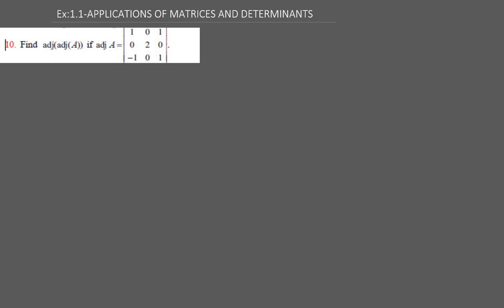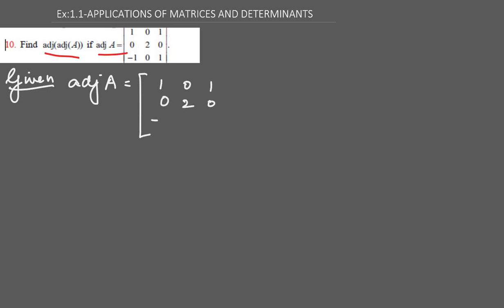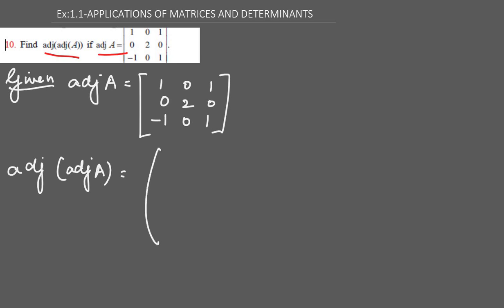Question number 10. Find adjoint of A given the adjoint matrix. We write what is the given adjoint matrix. Adjoint of A is equal to the matrix 1 0 1, 0 2 0, minus 1 0 1. To find the adjoint of the given adjoint of A, we have seen the shortcut method